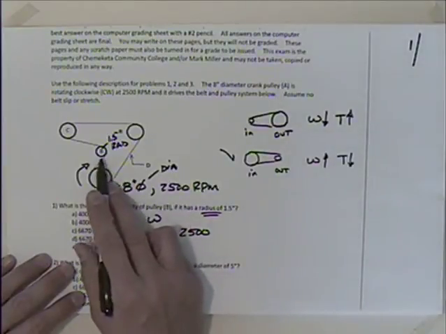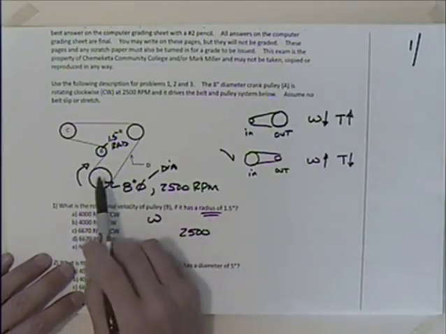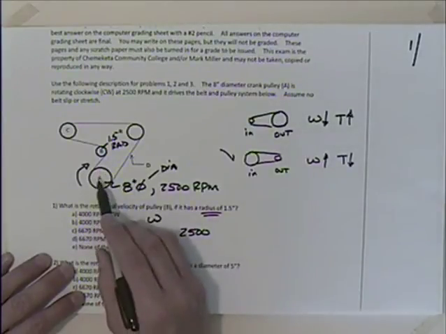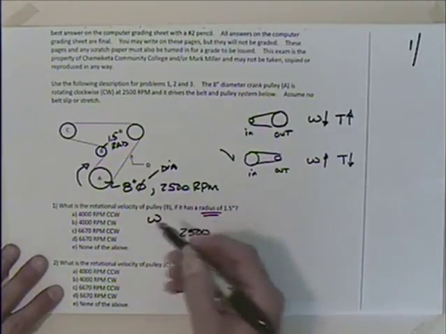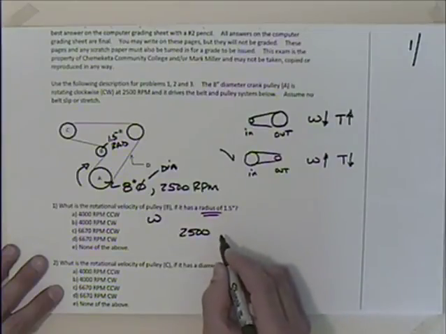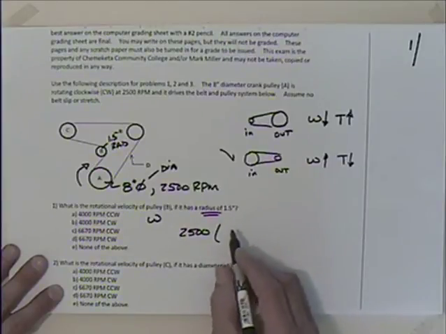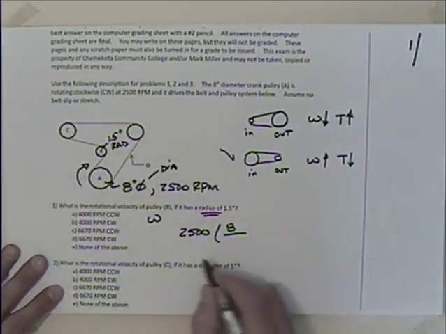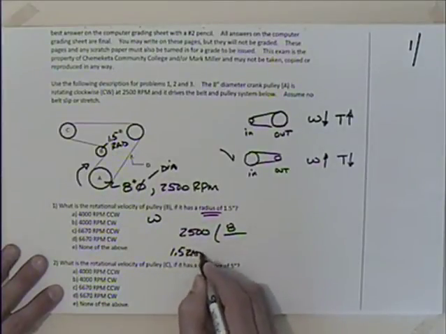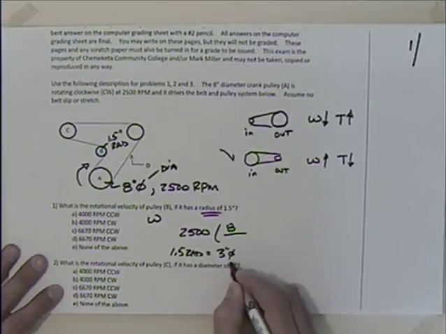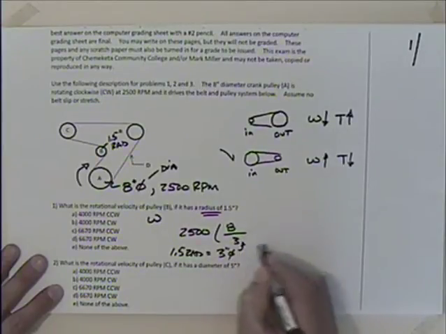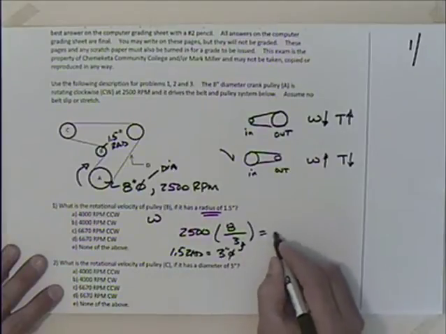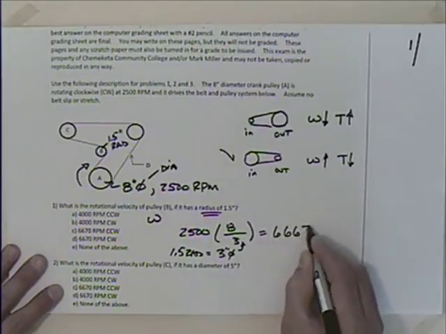Well, by the ratio of the diameters, or the ratio of the circumference, or the ratio of the radiuses, or we saw in lab the tooth count on the transmission. So those are all functions of the diameter or the radius. So let's look at that. We've got an 8-inch diameter there. I would say that we have 8 divided by 1.5 radius. Remember, your 1.5 radius is equal to a 3-inch diameter. So we'll put that 3-inch diameter right there. And we come up with 6,667